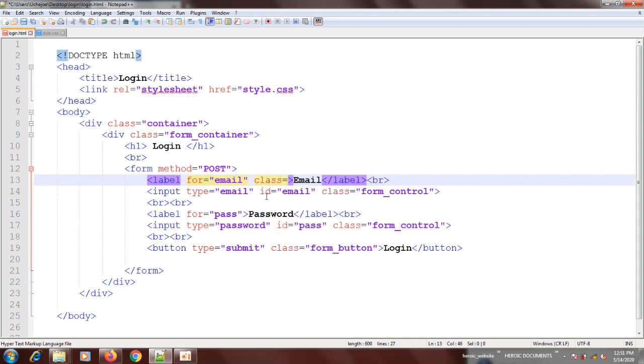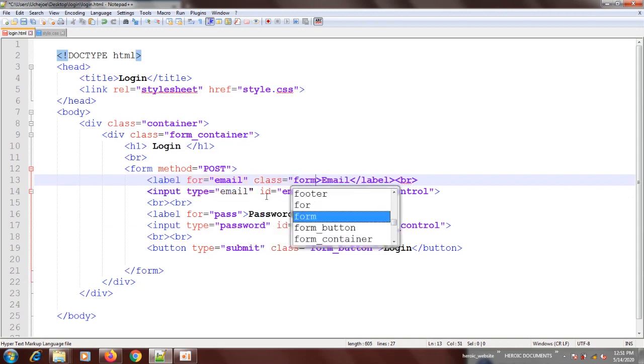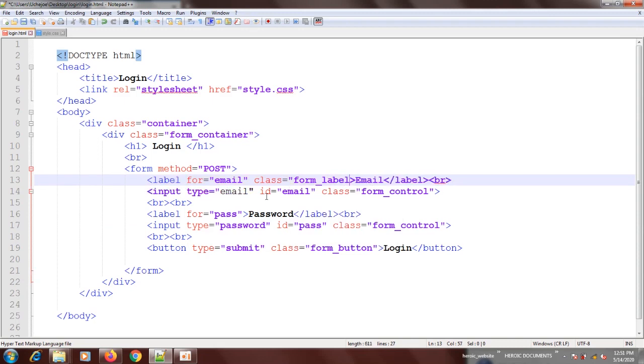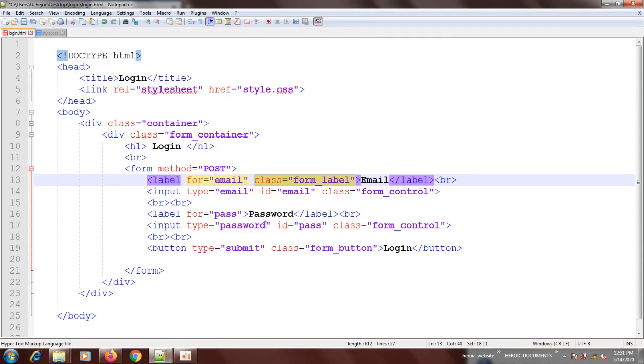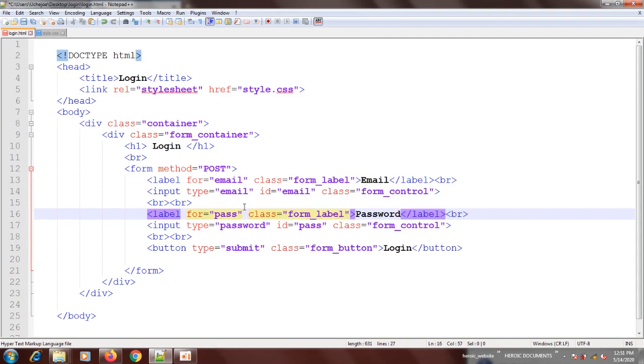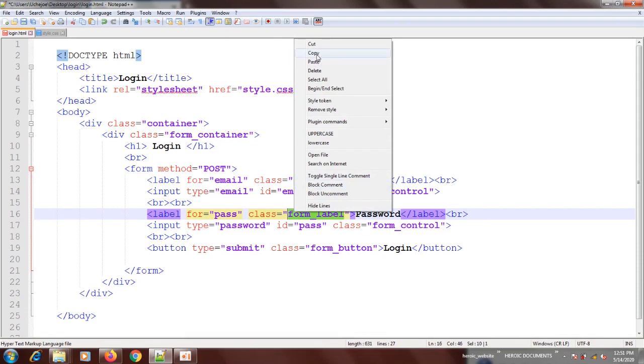I put the class equals to form label, okay, label. Okay, I will also give the same class to the label down here. Beautiful. Then I have to start this class right now.